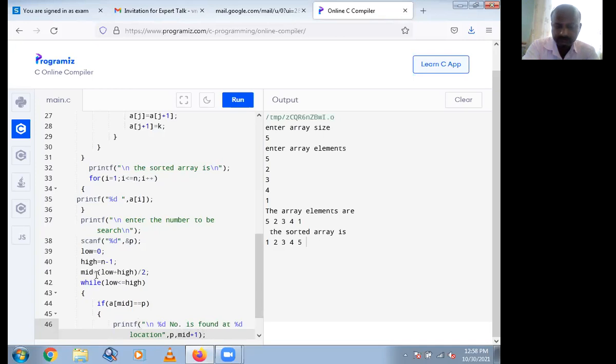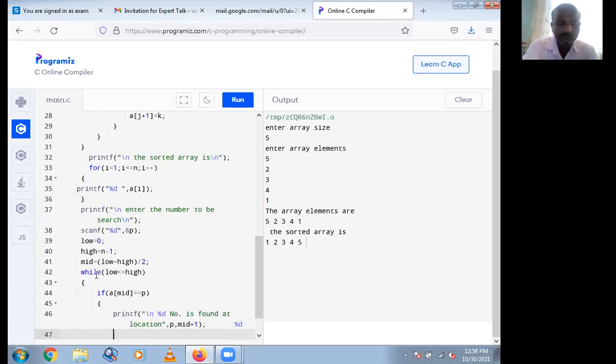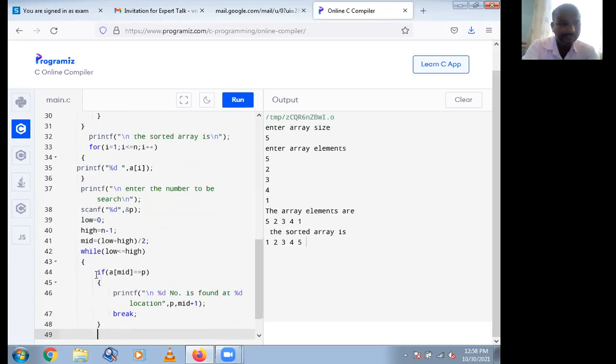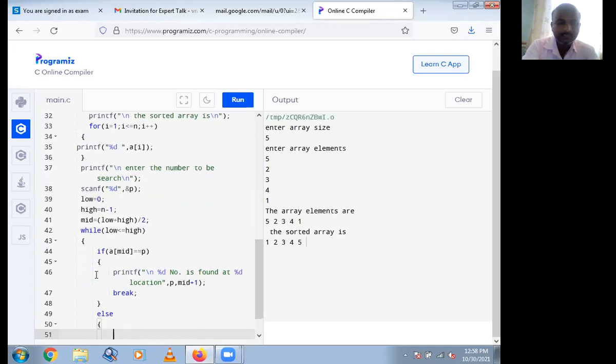If this condition is true, then here we should use break, that is, stop the execution of the while loop. If this condition becomes false, then we should go to the else statement.